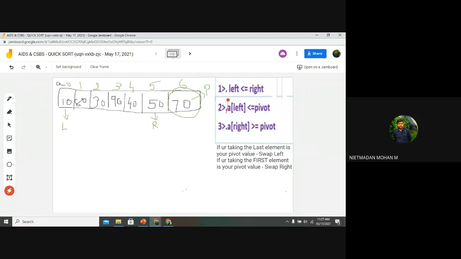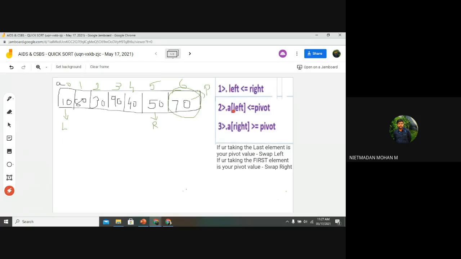If that condition is true, I want to move left one step forward, and if it is false, then I go with the next condition. If both conditions are false, then I want to swap left and right. If this condition is false, then I want to swap the pivot value and the left element.